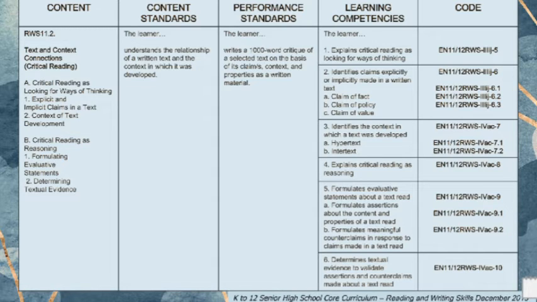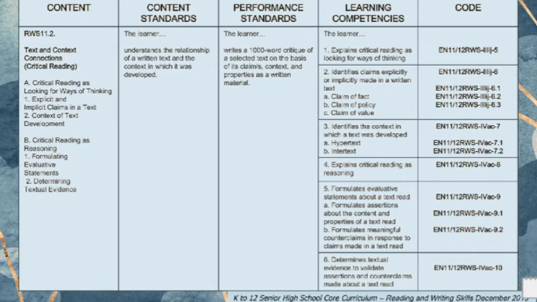So as you can see in the fourth column, these are the learning competencies that are expected to be done in every lesson or activity. The curriculum is looking forward that the students will be able to successfully accomplish the 6 learning competencies, and those are: first, to explain critical reading as looking for ways of thinking; second, to identify claims explicitly or implicitly made in a written text, including claim of fact, claim of policy, and claim of value; third, to identify the context in which a text was developed, including hypertext and intertext; fourth, to explain critical reading as reasoning; fifth, to formulate